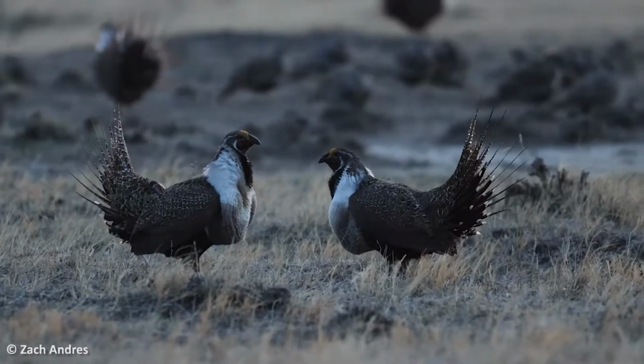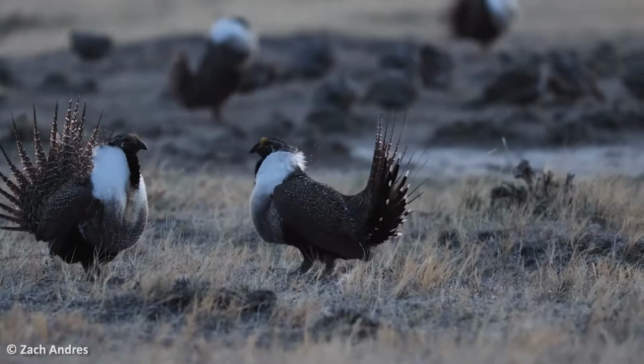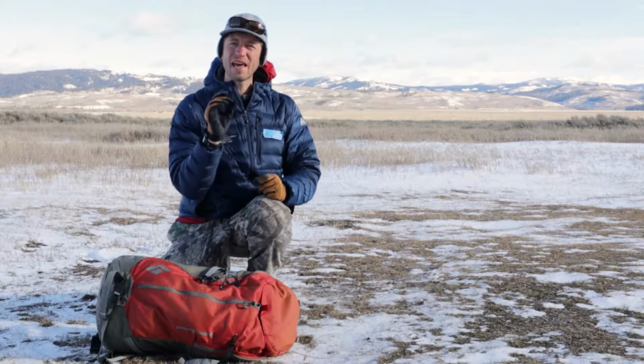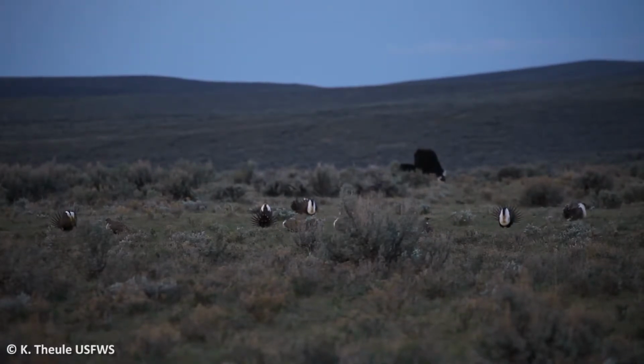Wyoming is home to more sage grouse than any other state, but just because there's more in Wyoming doesn't mean that they're doing great in Teton County. In fact, they're at their lowest level since counting officially began 20 years ago. A major contributing factor is that the tall sagebrush that they rely on in the winter months has been disturbed due to things such as